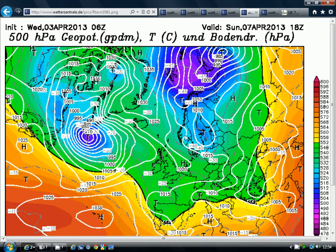The high pressure is still there over the country as we go into Sunday, but it is declining all the time. Low pressure is developing out in the Atlantic, so we're looking at another hard frost on Sunday morning, and then basically it's a repeat performance. Most areas will be dry with good sunny spells, so we're having a dry and fine weekend in the main,